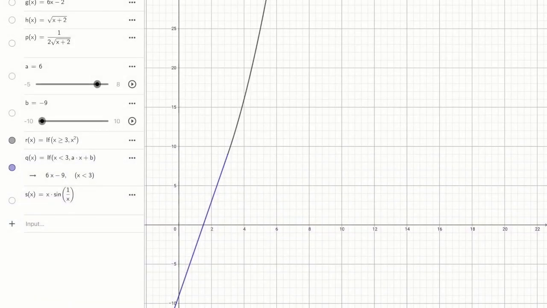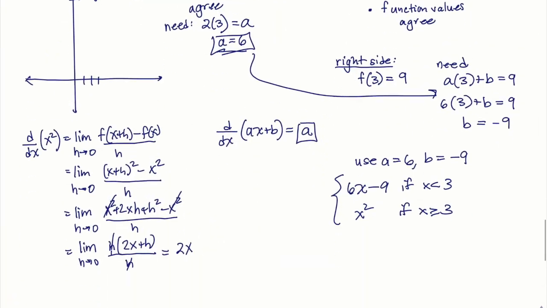And now I've lost my notes. Let's see here. The last